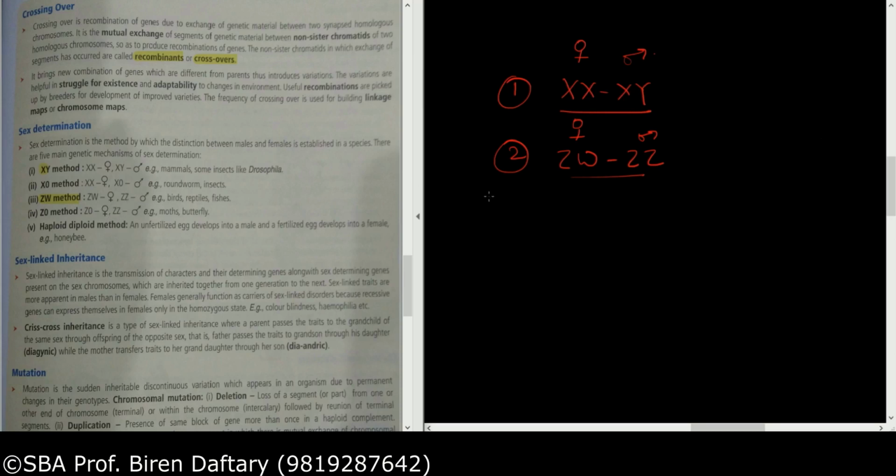Now the third type which we had studied, which we normally see in honeybees, is called the haplodiploid type of sex determination. Okay, so if you remember, in haplodiploid type, the female, which is the queen bee, is diploid, whereas the male, which is the drone, is haploid. Okay, so that example we know, and that is haplodiploid, so that is in insects, in bees.